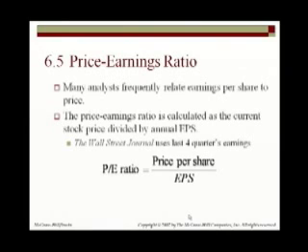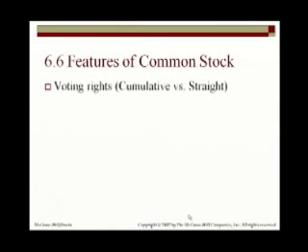Some features of common stock. Common stock gives the shareholders voting rights, and there are 2 kinds of voting rights, especially when it comes to electing the board of directors. There's cumulative voting and straight voting. Cumulative voting allows you, let's say there are 3 different slots for a board of directors, to pool your votes for the 3 and vote them all for one of those slots. So you have a better chance of putting your own representative in one of those slots at least, and thus